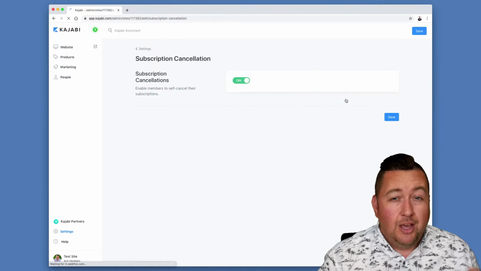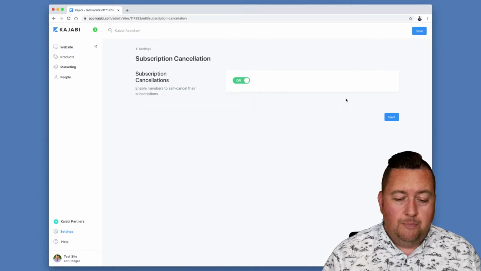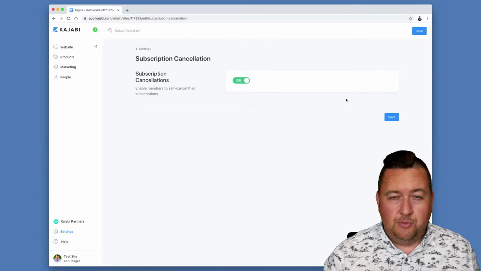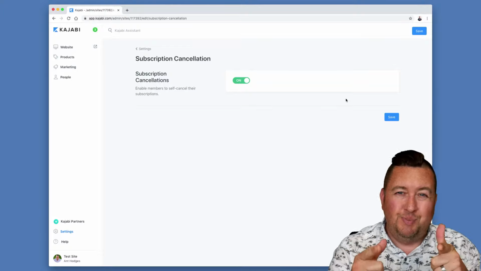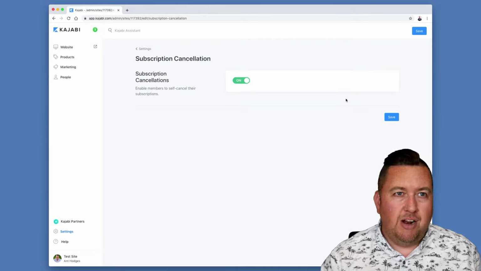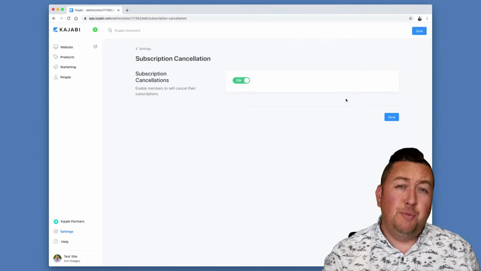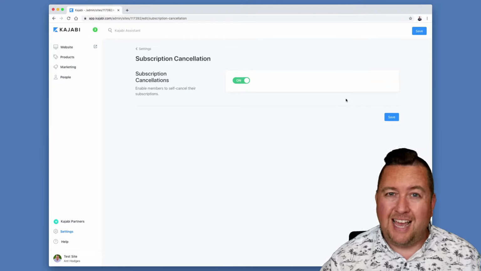Subscription cancellation. This is the one thing I see a lot of questions about all over the places. Should I allow my customers to cancel their subscriptions or not? I go into it in more detail in the training, but fundamentally it's your business choice. It shouldn't necessarily be a prerequisite that they cannot do this. A number of people are complaining in forums and basically saying customers should not be able to cancel their subscriptions